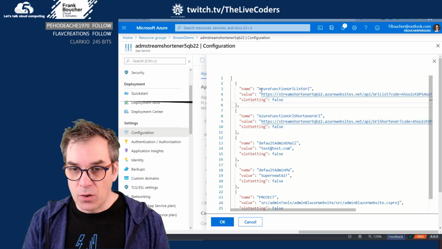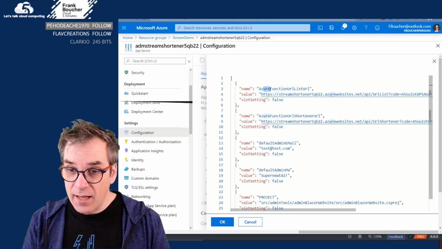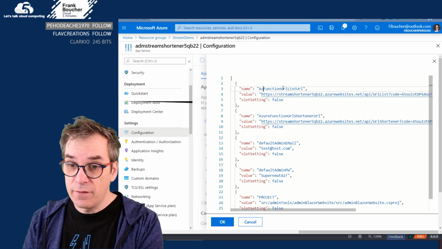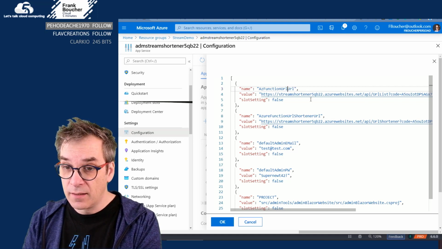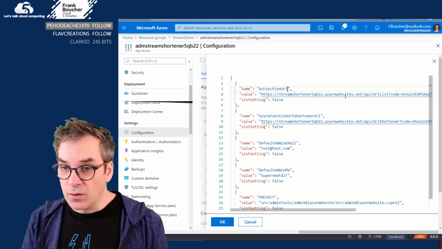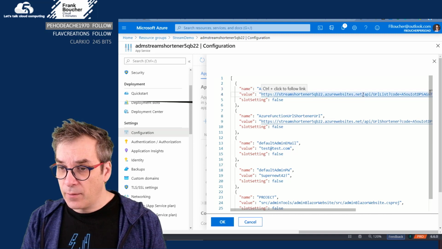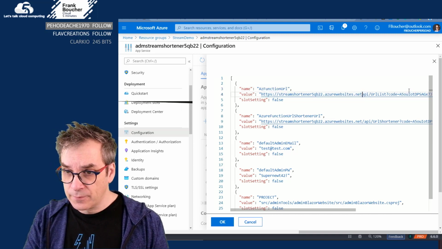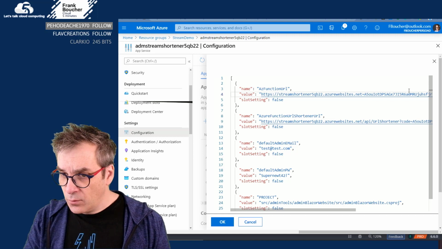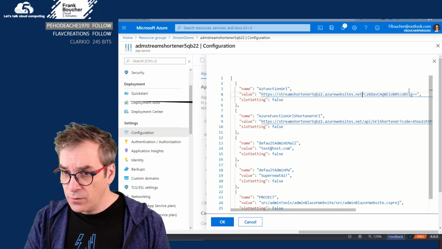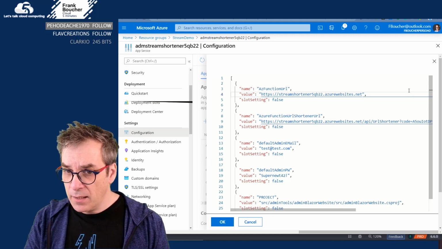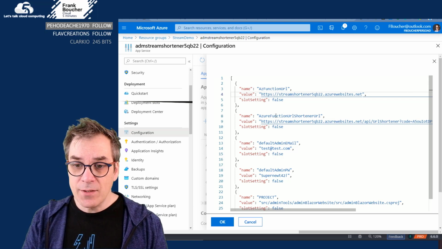So what we need now is just the Azure AZ function URL. So that should stop right here. Then we'll continue, delete everything else. That's our first property.